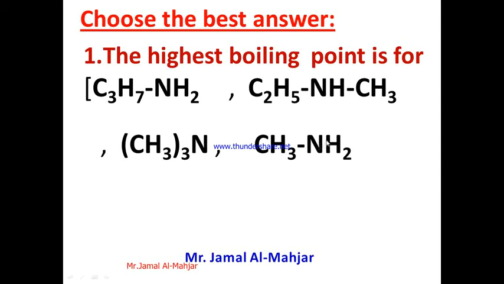And here we have a primary amine because we have 2 hydrogen atoms attached to the nitrogen, and this is an alkyl group. So we have to cancel the tertiary, then secondary. Now we have to compare this one and this one, because this is C3H7 and this is CH3, and it's primary. So what do you guess now? Yes, it is C3H7NH2 because it's primary and it has higher molecular mass. It means more carbon atoms than CH3NH2.